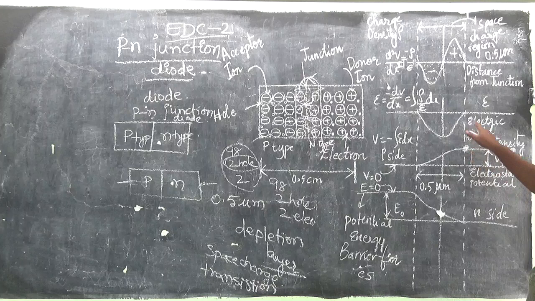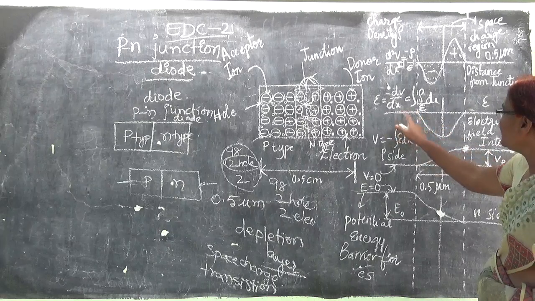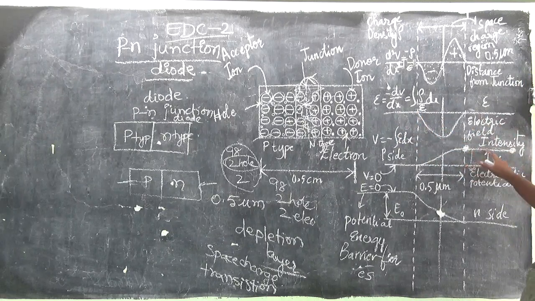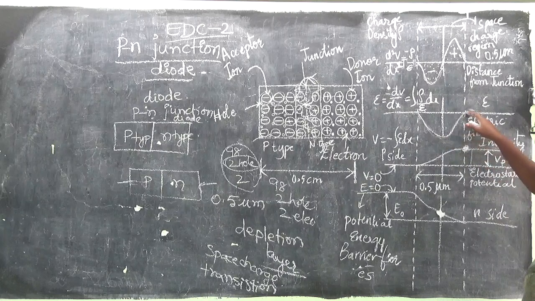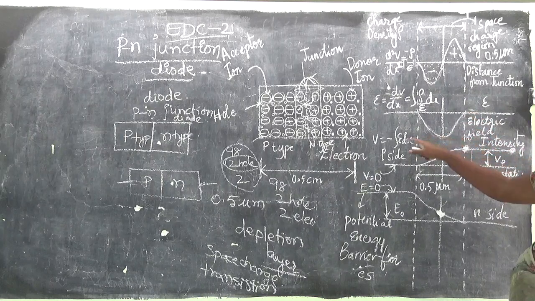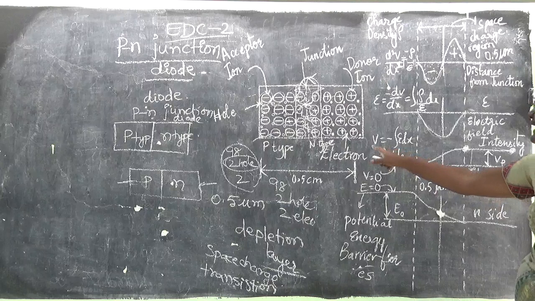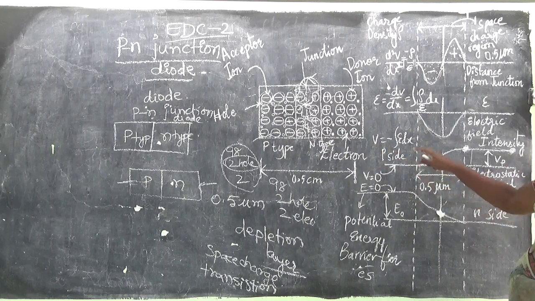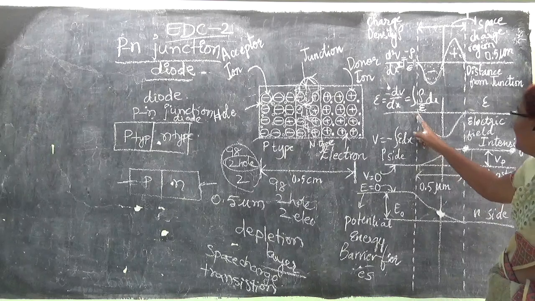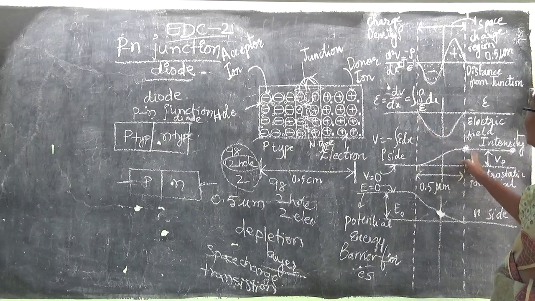Why it is constant: here the electric field is going to be constant. So you are getting a constant voltage also here. But here there will be a variation in the electric field. The variation in the electric field is summed such that we will get the potential. So how is this potential? Here the potential will be like this.